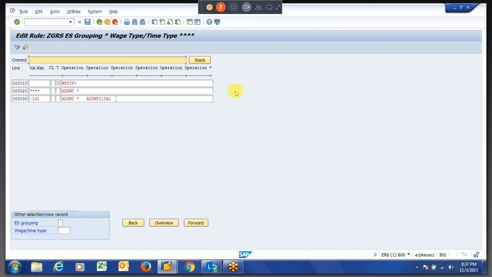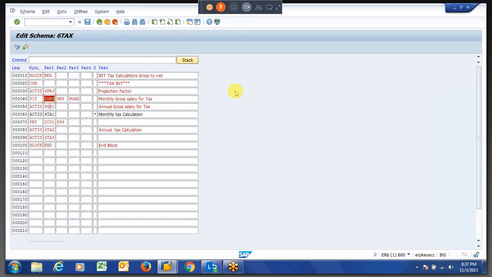So we are passing the gross wage step /101, whatever amount is there, to 1 TAT. After that, we are calculating